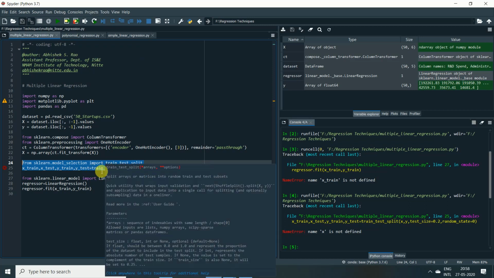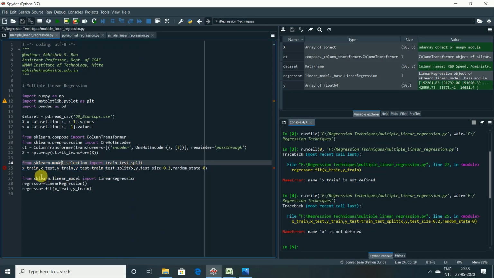From sklearn.model_selection import train_test_split: X_train, X_test. This should be capital letter X, and this should be y.